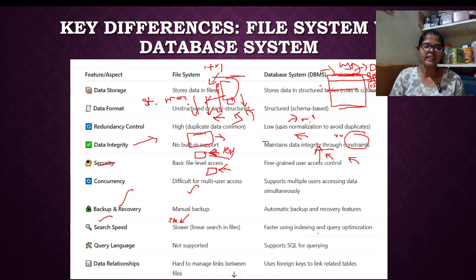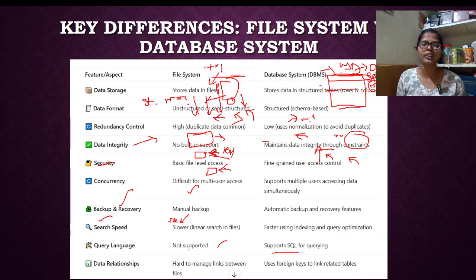Next, query language. The file system does not support queries, but the DBMS supports queries using SQL. Next, data relationships. Is there any interconnection or relation between one data and another?